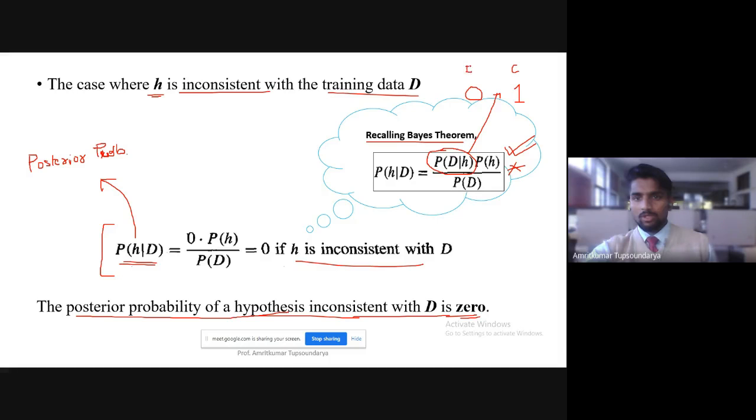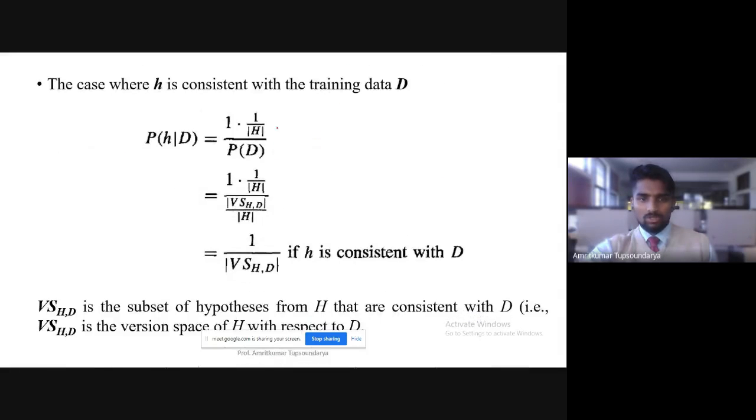Here it was inconsistent. So when it is consistent, the value of P of D given H is 1, and the probability of H, as we have assumed, hope you remember the assumptions that we have taken,